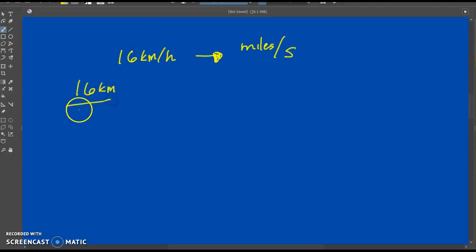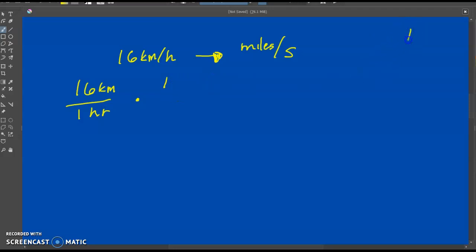And that is in 1 hour. All right. Now, we need to remove both of these. I need to get kilometers into miles. So I'm going to look up what the unit rate is for miles per kilometer. And what I find when I look it up is that 1 mile,